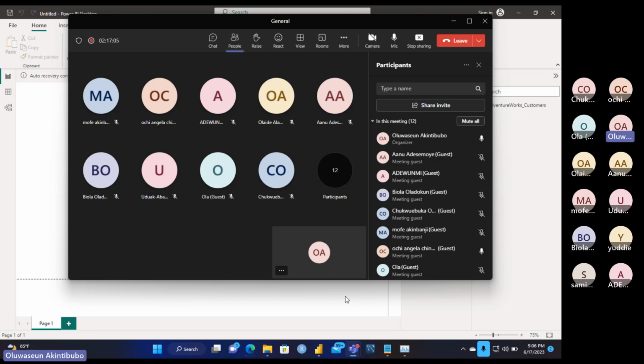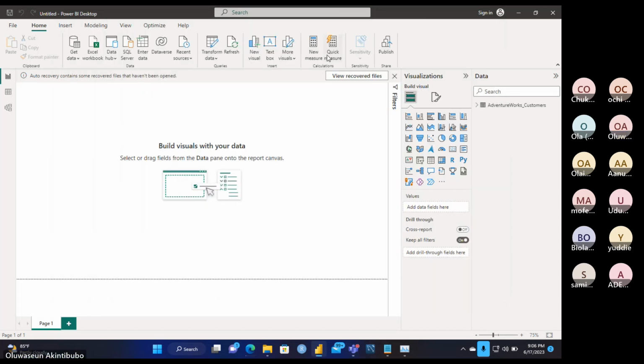Hold on one minute. Madam Angela, your ribbon is missing. You need to expand your window, your ribbon, so that you can see close and apply there.